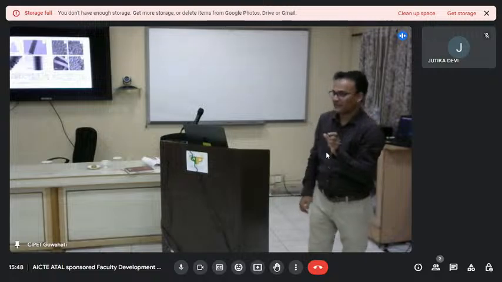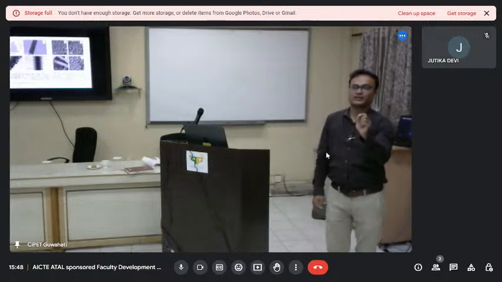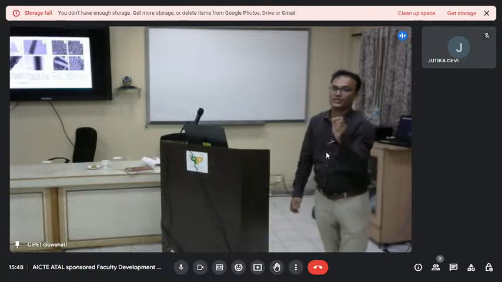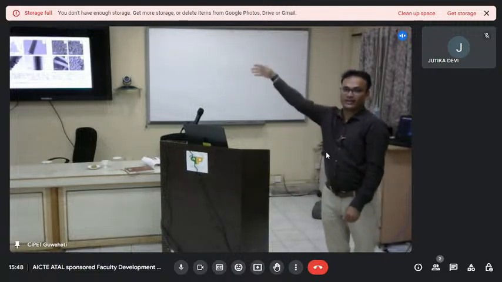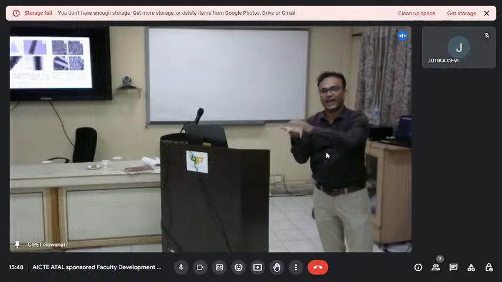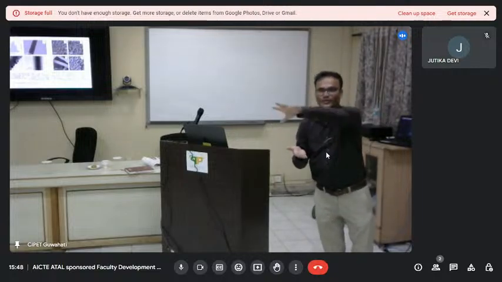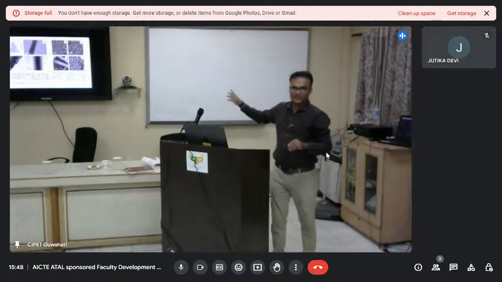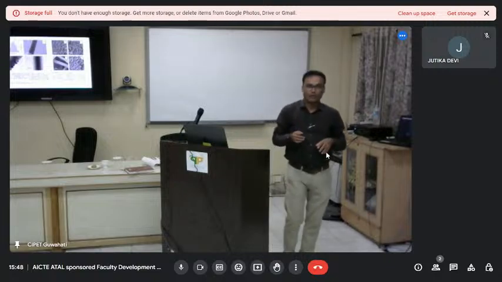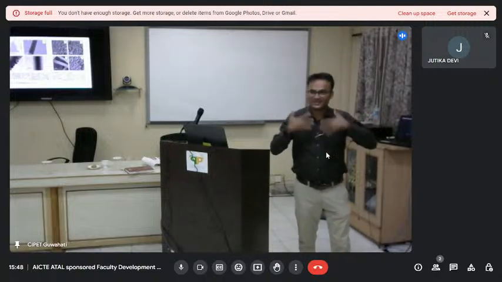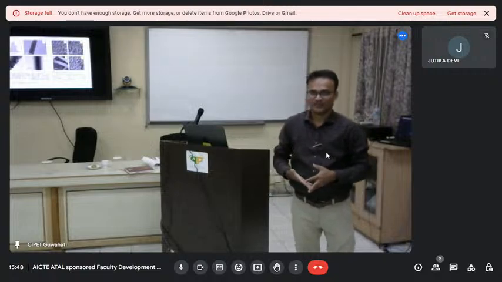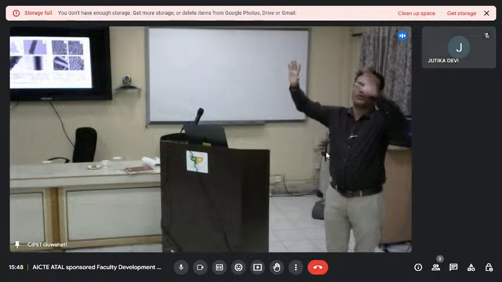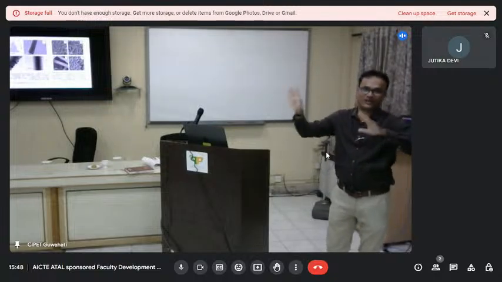With TEM the beauty is that you can see the small dots present over a sample surface, which cannot be seen with a scanning electron microscope, because that scans only, while in the other case it transmits through it. So this is the difference. But both of these techniques are called morphology or image viewing systems. They tell you whether your system looks like a rod, a flower, or something like this.